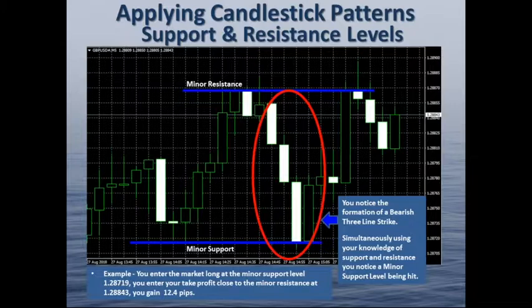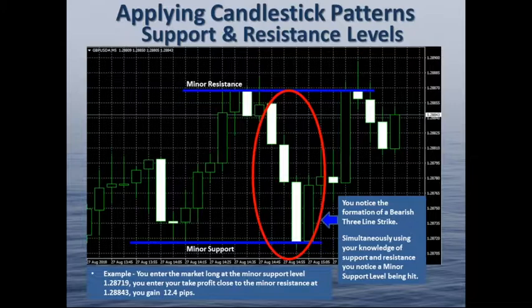The graph below shows the formation of a bearish three line strike. Again, this is circled in red on the graph there. We covered this earlier as well in this webinar. Whilst I've added both the minor resistance and minor support levels, that's the blue lines there. As you can see by the example below, by utilising your knowledge on support and resistance and candlestick patterns, you